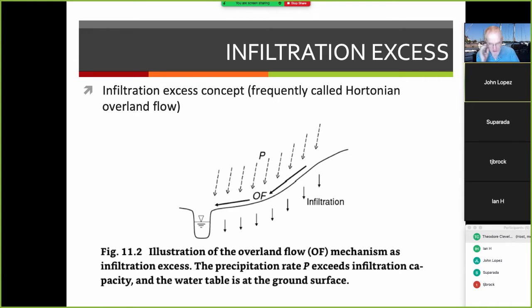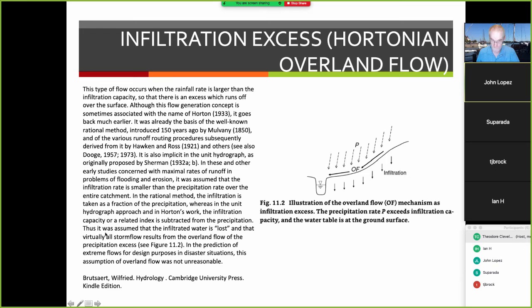These ideas are used to explain a couple of types of overland flow processes. So there's one concept called the infiltration excess concept, or frequently called Hortonian overland flow. And in Hortonian overland flow, the thinking is that the precipitation